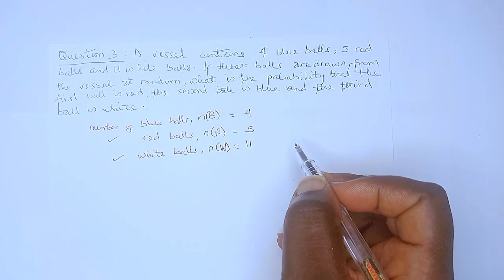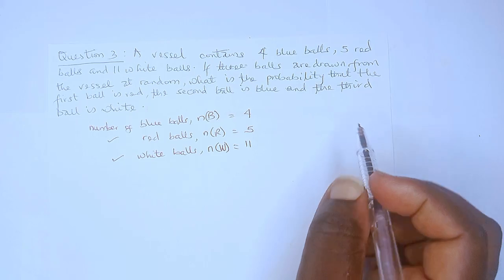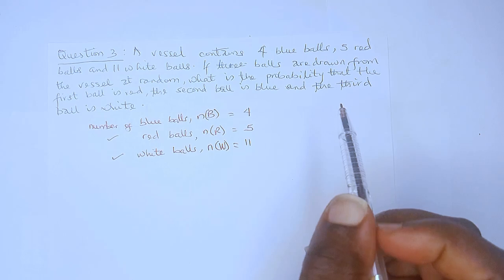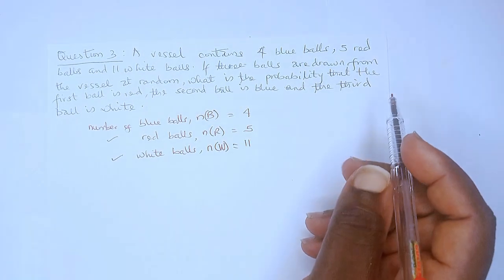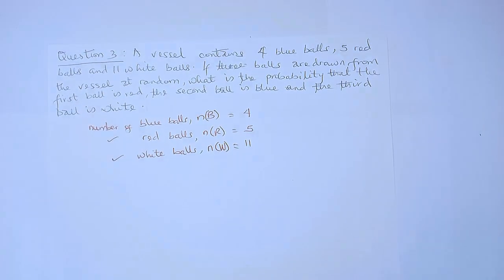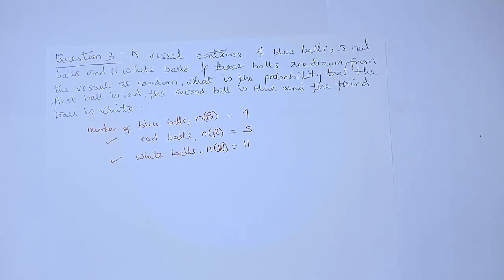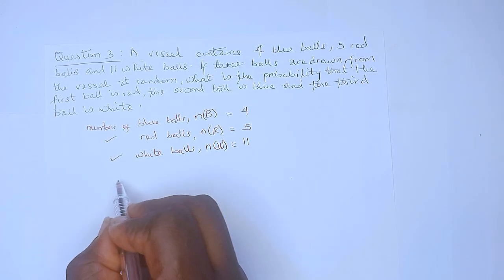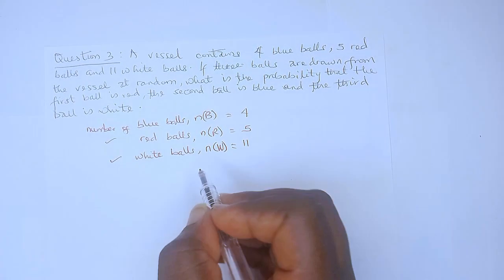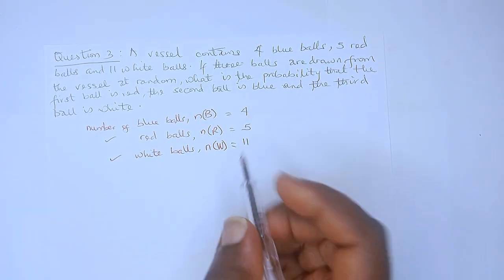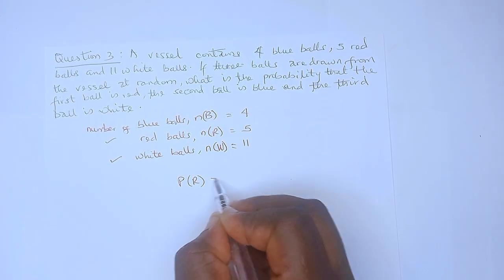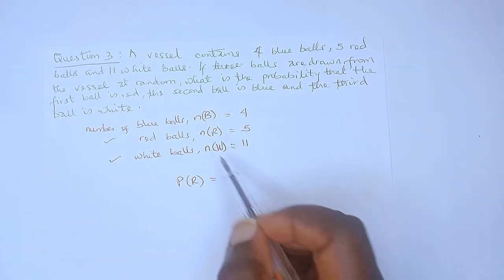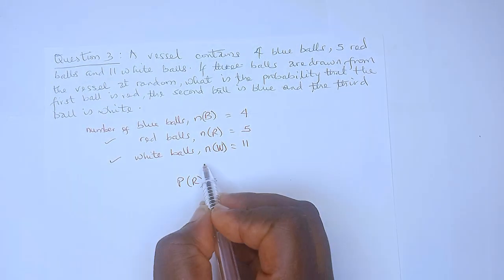Now, if 3 balls are drawn from the vessel at random, what is the probability that the first ball is red, the second ball is blue, and the third ball is white? Now, this question is quite tricky, so there's something that I would like to point your attention to, and that's the fact that the probability of picking a red ball, because they say the first ball is red, so P of red, when you pick a red ball, like you already know, is going to be the number of the red balls present in that sample divided by the total number of samples,